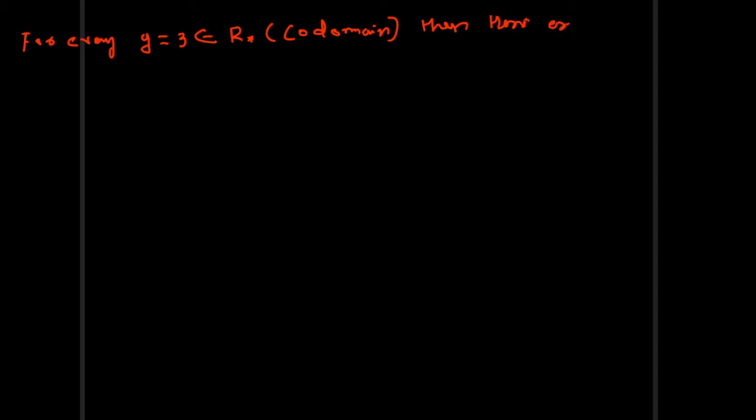For every y, you can take one number, 3 belongs to R star, this is the codomain, then there exists x equal to some other number, you can take 4 belongs to N, natural number, that is the domain,